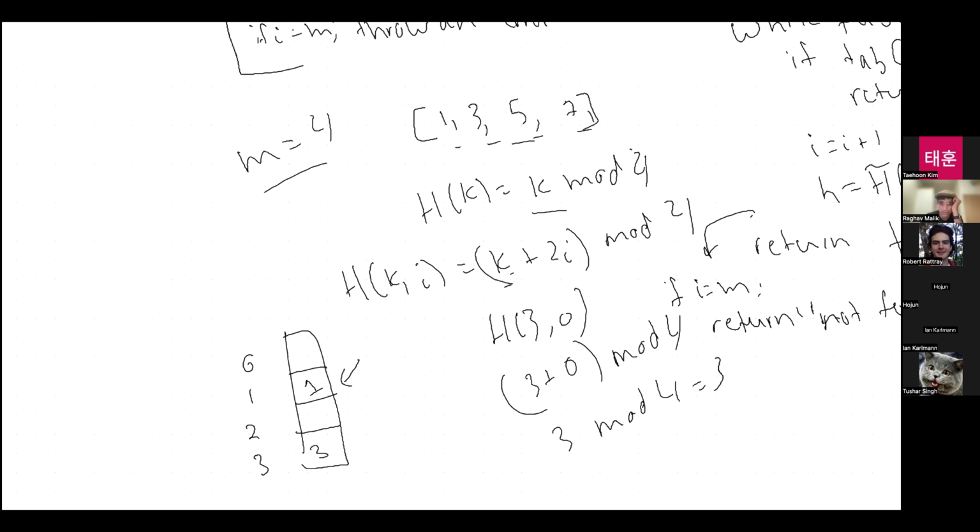So instead of 5, I look at 7. 7 mod 4 is 3. So I try to put it into slot 3 instead. But slot 3 is already full. So increment i again. i is now 3. So do 5 plus 6 is 11. Mod 4 is,